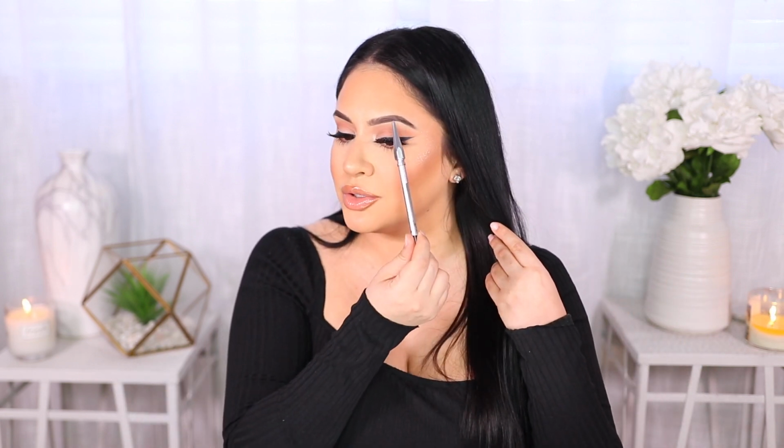And then this next product, I feel like it took me so long to get on the bandwagon. I know so many people are a fan of this brow pencil, but I've been so stuck on the Anastasia Brow Wiz in medium brown, but this is the Benefit Precisely My Brow. Now, the reason why I haven't really fallen in love faster with this is because I feel like I have too dark of a shade. I have shade number 4, which is what I used on the ends of my brows today, very lightly,